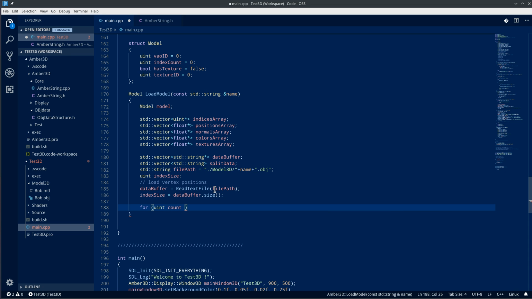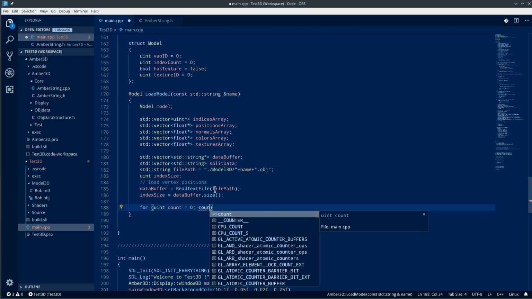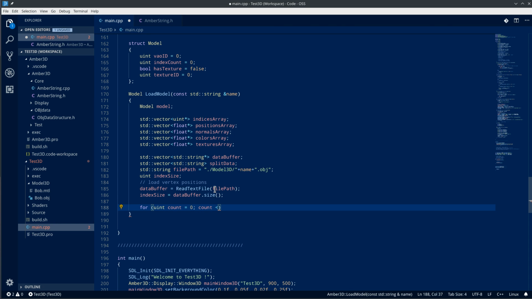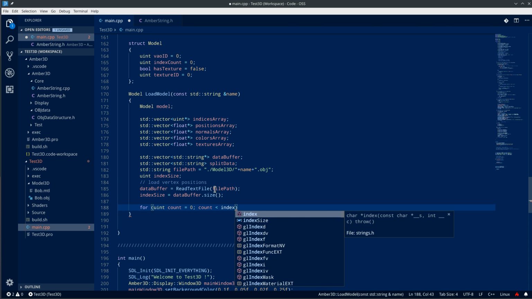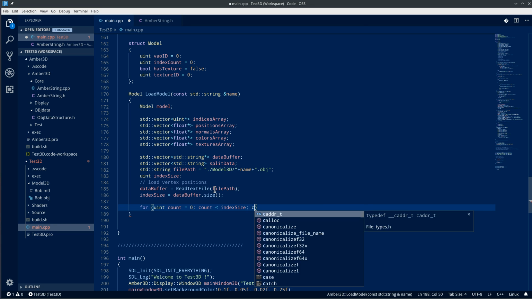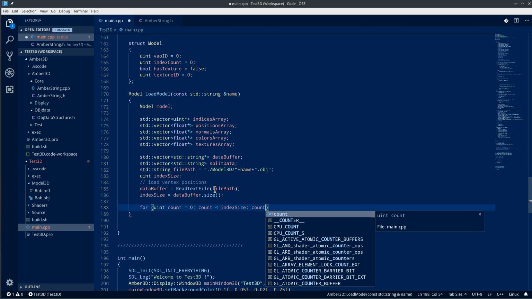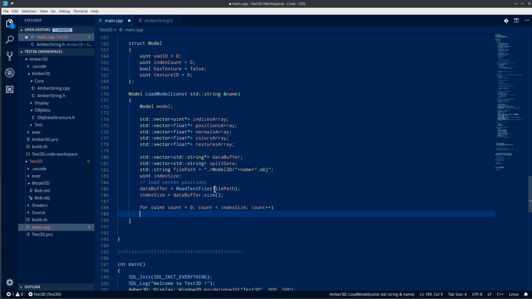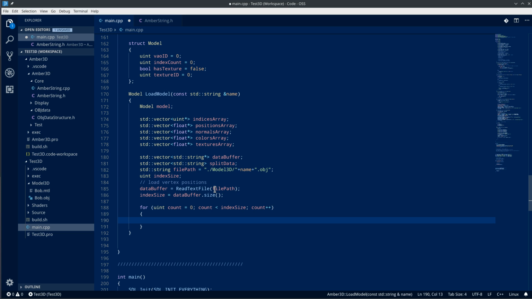I use count, don't know why, equals 0, as long as count is less than index size. Semicolon count. I don't even know why we need index size, but we'll see if it comes in useful. Normally I won't put one in, but